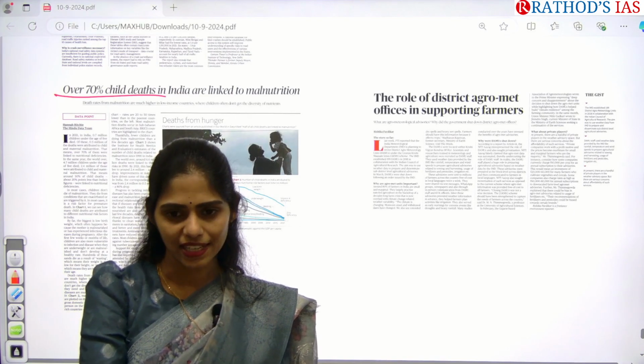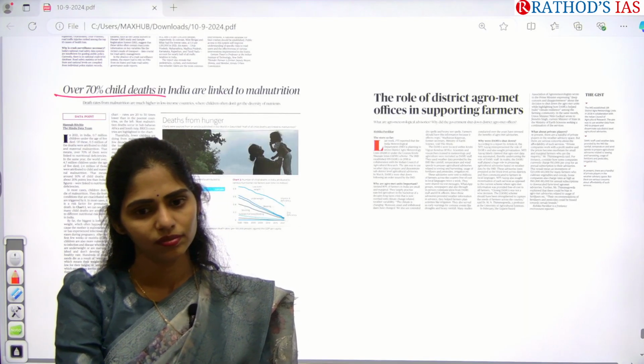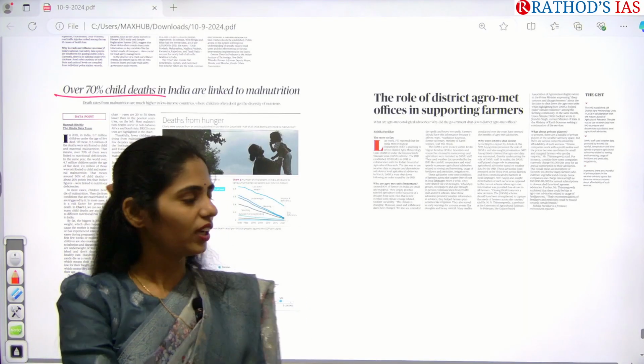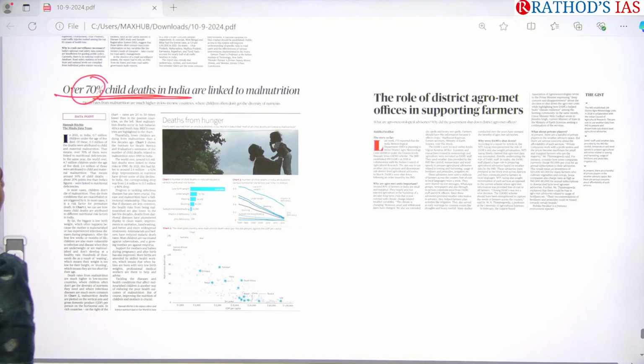Okay, no proper sanitation is also an important reason. Next. Genetics. Okay, so here this article is saying that 70% of child deaths happening in India are linked